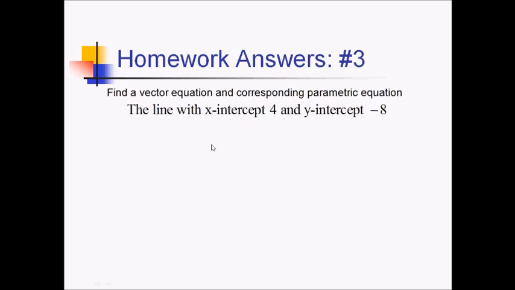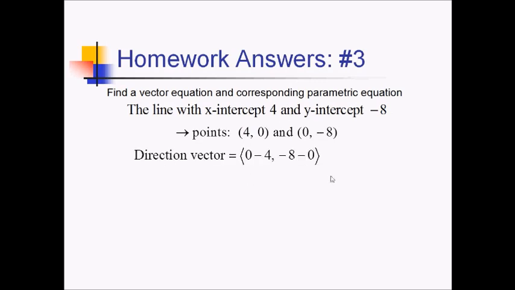For this problem, we want a vector and parametric equations for a line that has an x-intercept of 4 and a y-intercept of -8. Let's start by first translating what this really means. If we have an x-intercept of 4, that means you have the point (4, 0). Y-intercept of -8 is the point (0, -8). So this is really just that situation where you have 2 points. So we need to create a direction vector using these 2 points. And we'll assume that this x-intercept is our first point here. So we're going to have (0 minus 4, -8 minus 0) for that direction vector,